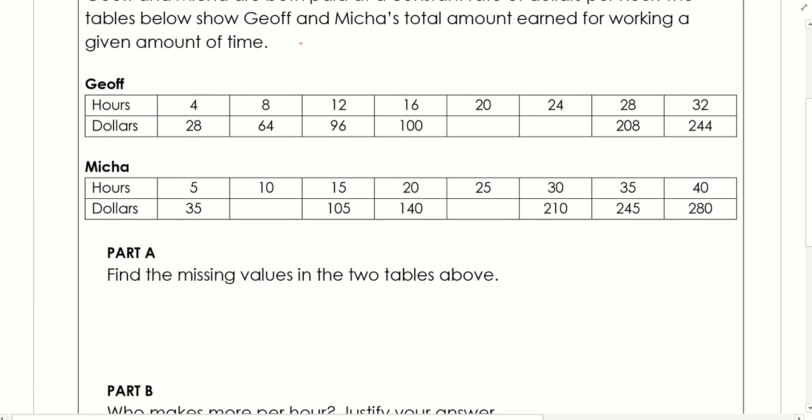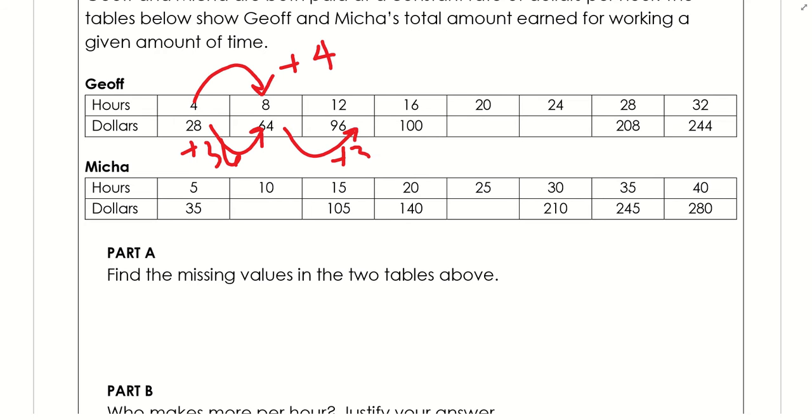So it looks like for Jeff, he's rolling his 4s. He's rolling 4, 8, 12, 16, 20, 24. So I'm going to go ahead and write plus 4, just as a note to myself to remind myself that Jeff's hours are being rolled by 4s. And then it looks like to me 28 to 64 to 96, the dollars for Jeff are increasing by 36 every time. Plus 36,